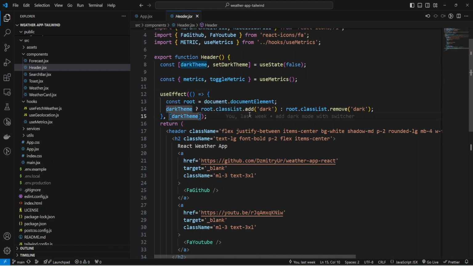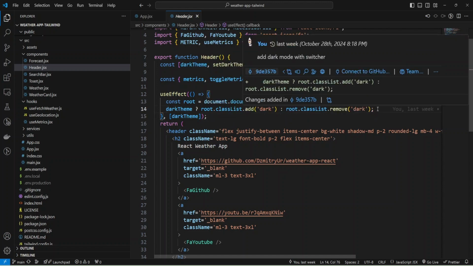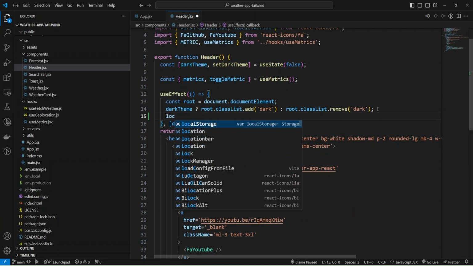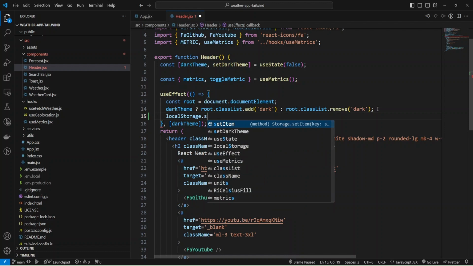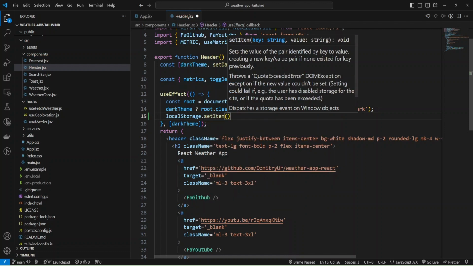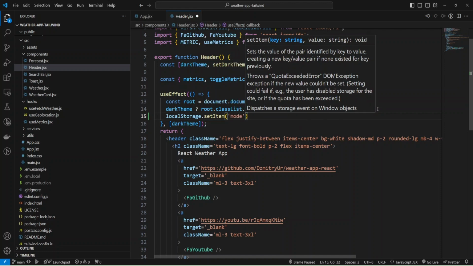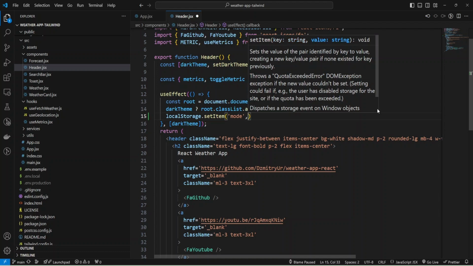and that is called when the dark theme changes. And let me add some local storage settings. I'm going to use localStorage.setItem, and as the key I'll provide a string, mode, and now I can set a value.